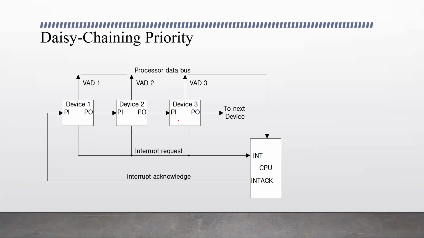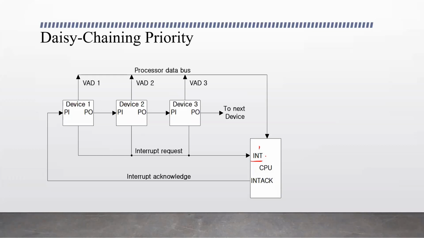And when a device sends an interrupt request to the CPU, this line is enabled. If suppose device 1 sends an interrupt, this is enabled, this will become 1, or if device 2 sends. All these are connected by the same single line, and the CPU receives it as the interrupt input. INT input is the interrupt that is generated by the devices. So if one of these devices generates an interrupt, this is enabled here.